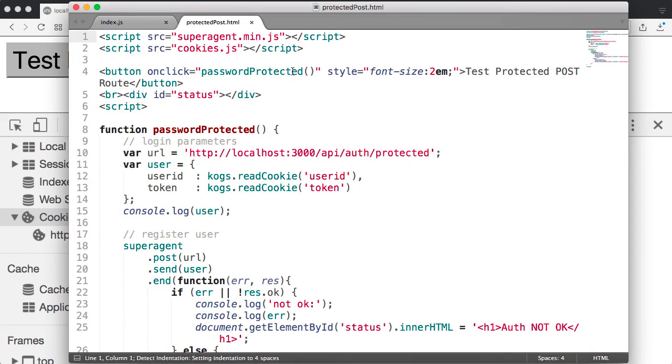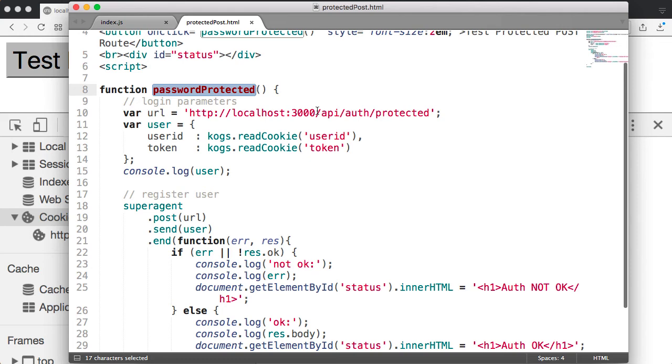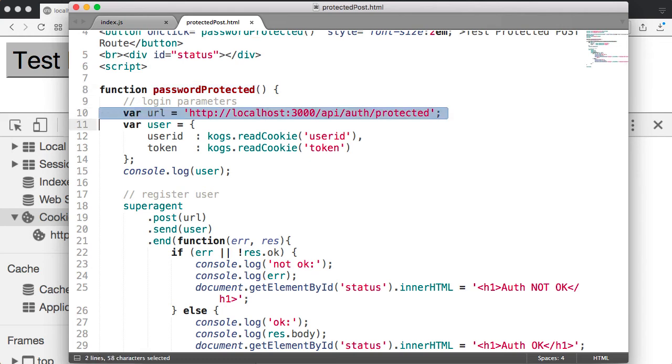protected post. As you can see there, we have a single button. We have a couple libraries. One of them will simplify the posting we do to the server. The other one reads the cookies. Then after that, we have a single button that calls a function, which is password protected. Once we start in the function, you can see there that the very first thing we do is that we